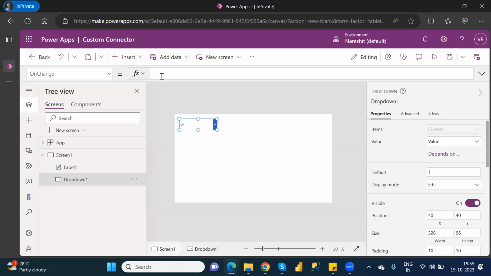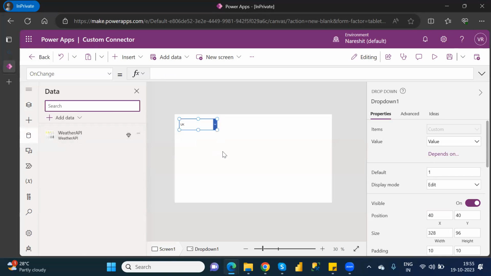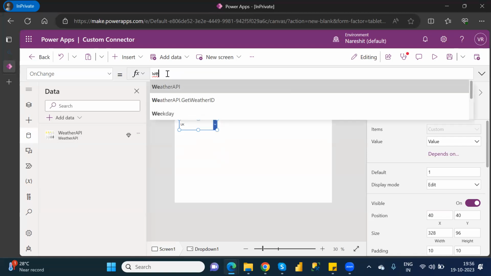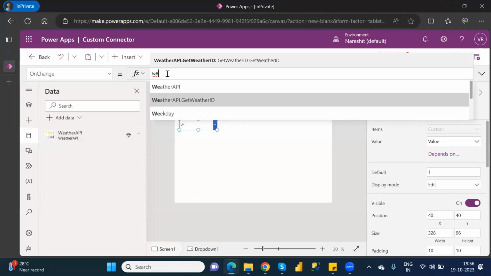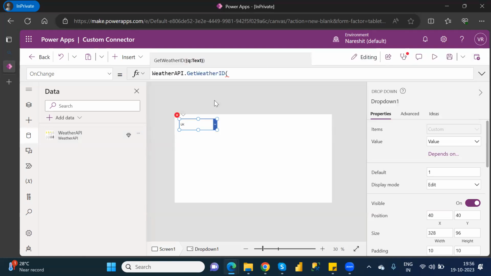So what is the API name? What is the name of that particular data source? Weather API is there, right? So you have to give the name as weather API. See here, with whatever name you created the API, that means the custom connector, that name dot GetWeather ID will be there. So you have to select that particular one. After selecting that, you have to open the curly braces. When you open the curly braces, see here,